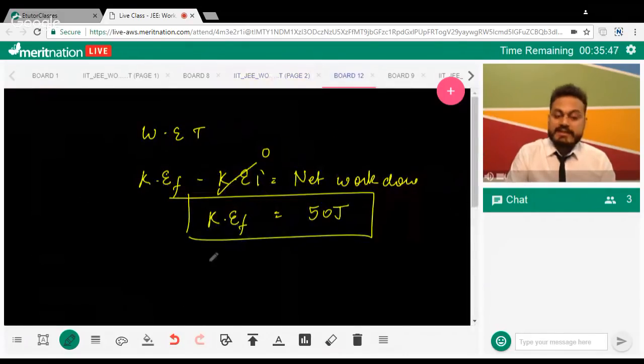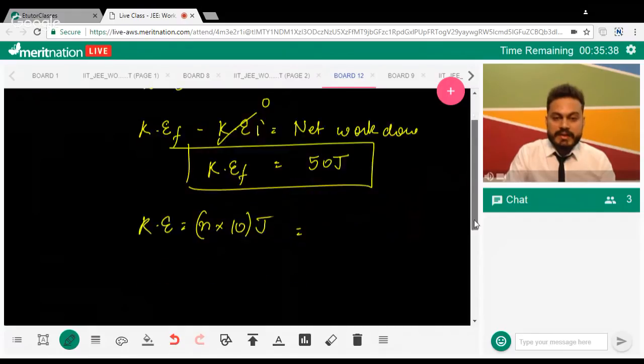Now they are asking for the exact answer: kinetic energy in terms of n into 10 joules. So if we just compare it with n into 10,